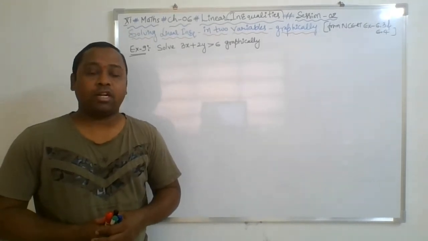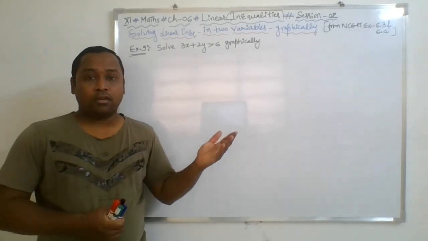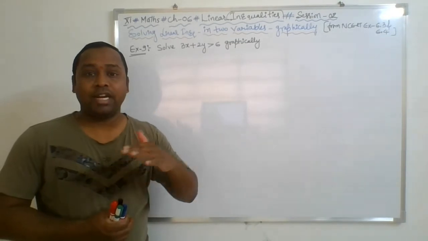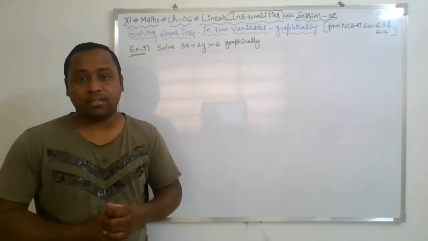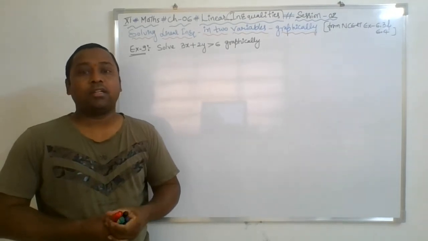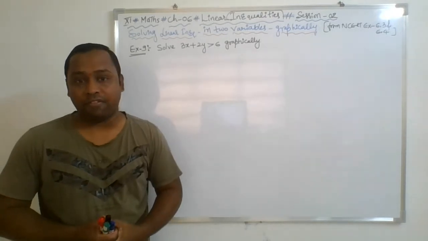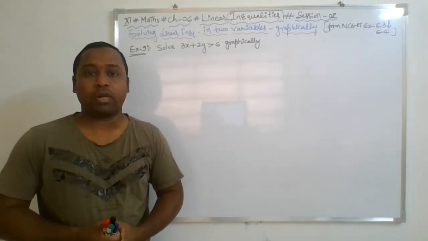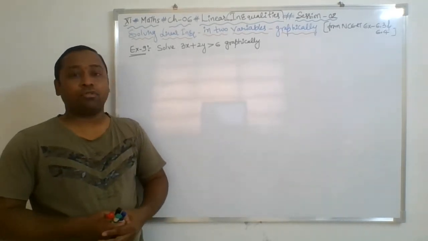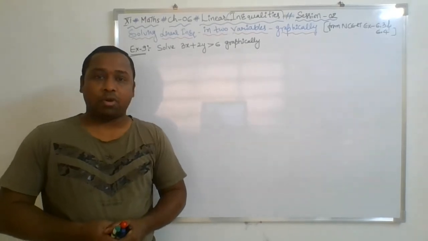So when an inequality involves two variables, we need to express this on the graph, because we need the x-axis as well as the y-axis to solve this inequality. Hence we require the xy plane. So graphically means we are going to use a graph, that is the xy plane, also known as the Cartesian plane. But before getting into the main concept, first you need to understand two terminologies.